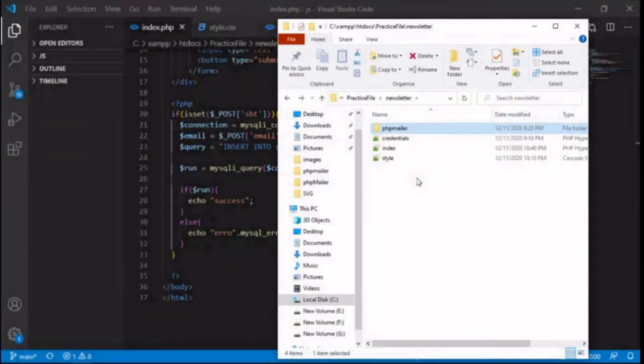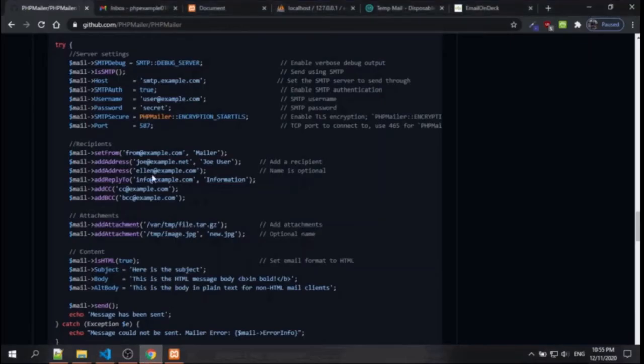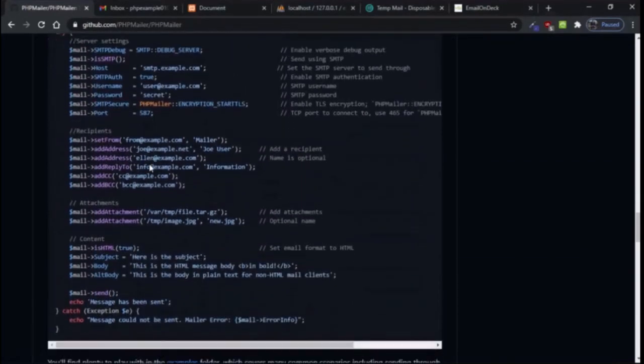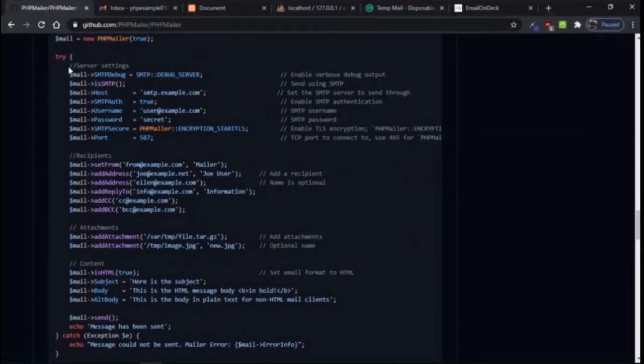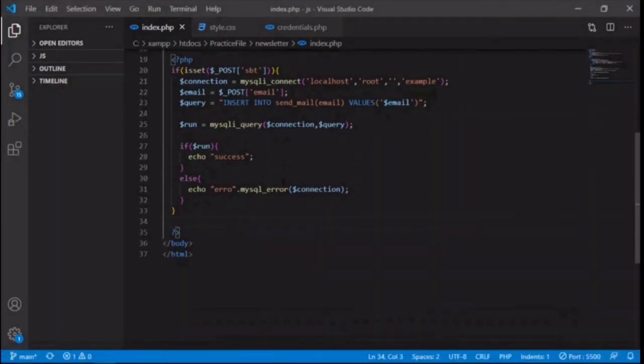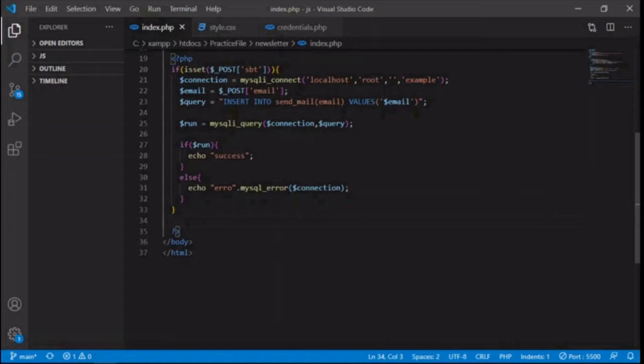After that, you need to set up the PHPMailer. So visit the documentation page of PHPMailer. We need to copy this example code from here. Copy that, and paste it in your index file.